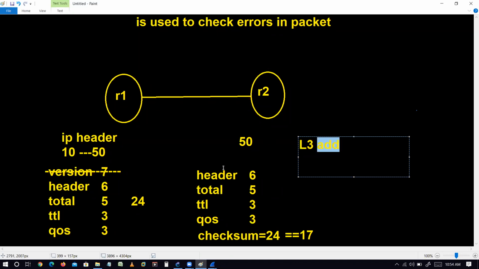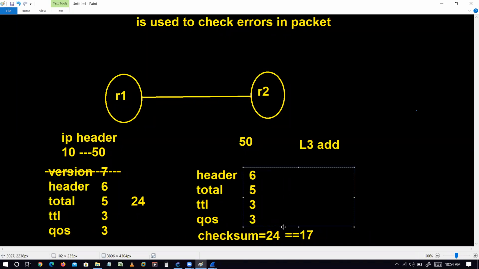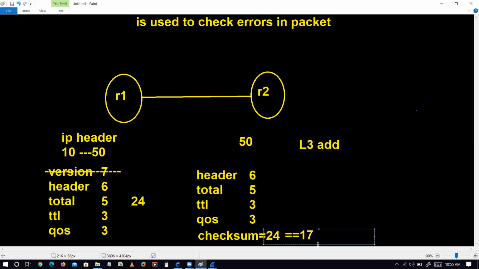They both will do the same task. Whenever R1 adds the numbers, it will put that value in the checksum, and whenever R2 does an addition of these four things, it will find a number. If both values are the same, then only it will receive the packet. There is a mechanism for the checksum: if the value is the same, it will receive; if it is different, it will not receive, okay, Sunil?